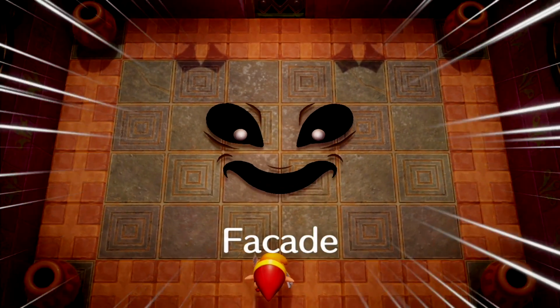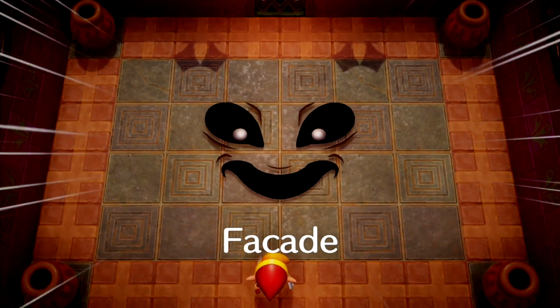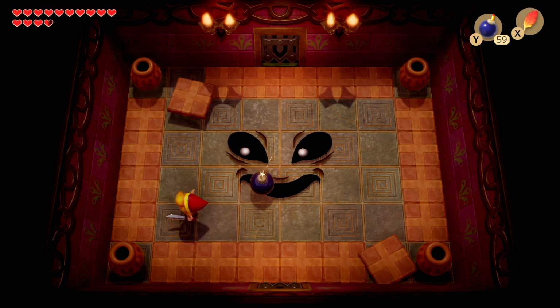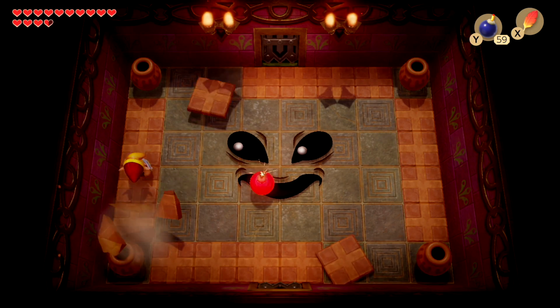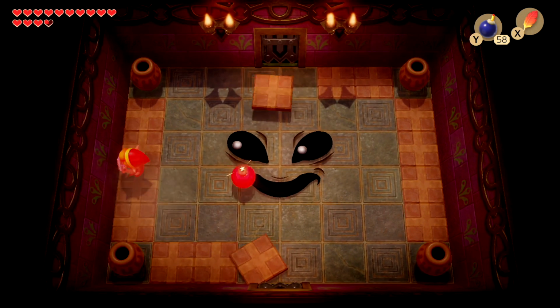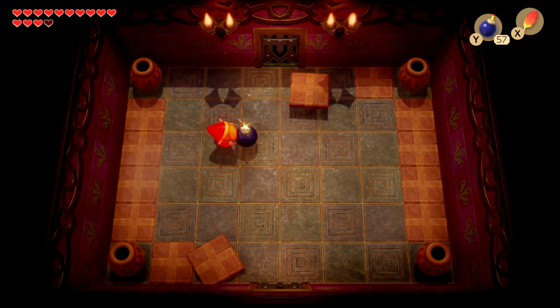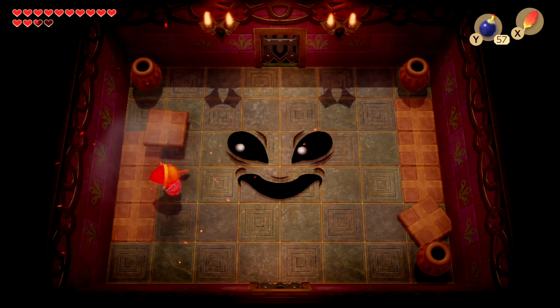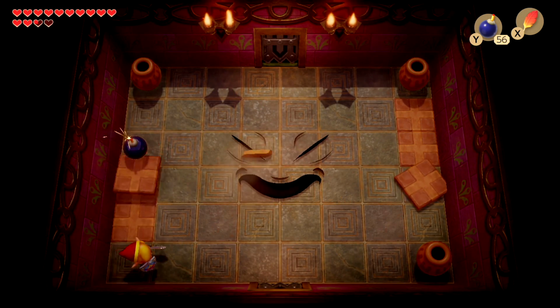Okay. And this is Facade. The face, I couldn't come up with anything. But okay, so we gotta avoid all of these tiles while giving him a little treat, you know? The little Dodongos really like this, so why don't you have some... No, oh, but that's kind of convenient. He can knock him back if he wants to, so...